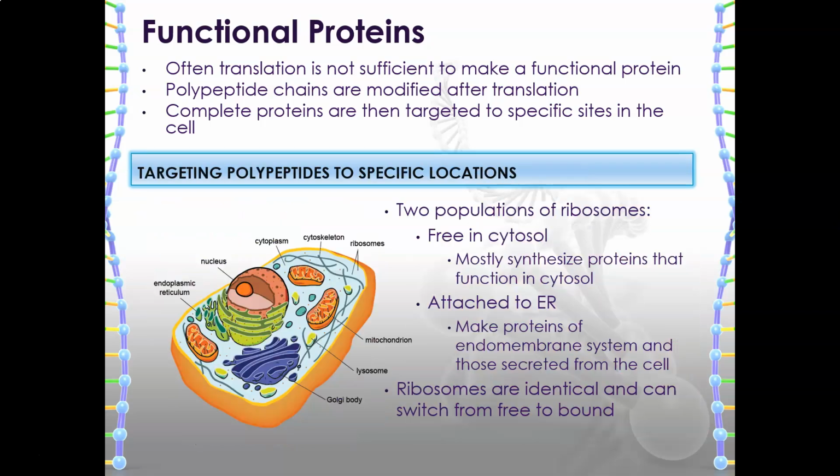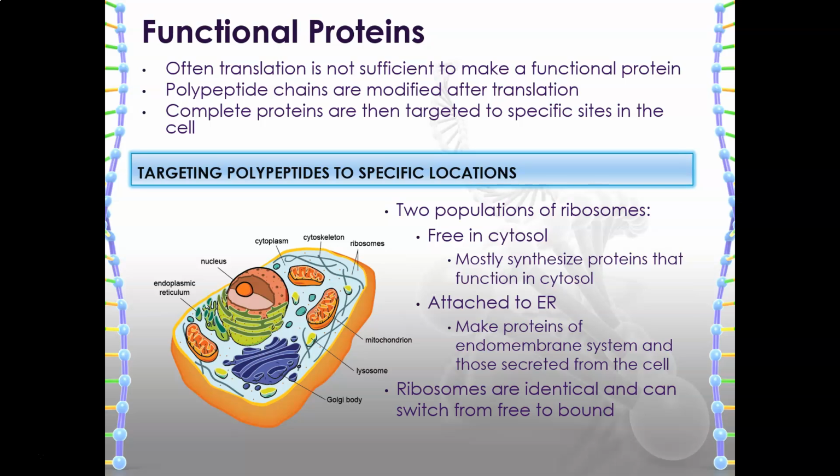We also need to be able to target those polypeptides to specific locations. And a lot of that actually comes down to where that amino acid chain gets built, right? So remember that ribosomes are your site of protein synthesis, but those ribosomes can really exist in two different locations in your cells. They can be free floating in your cytosol, or they can be attached to your ER, more specifically your rough ER. And when we look at proteins that are produced on ribosomes that are free floating in your cytosol, mostly those are going to produce proteins that are functional and stay within the cytoplasm of that cell.